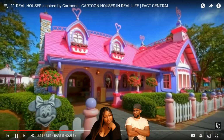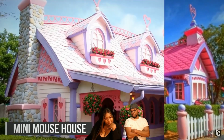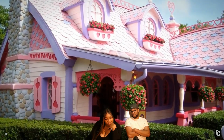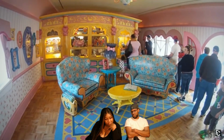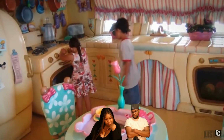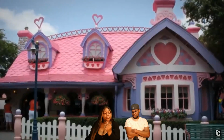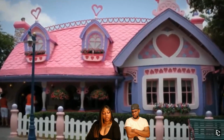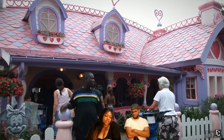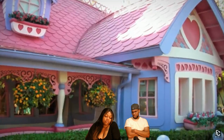Number 8. Minnie Mouse House. If having an entire place packed from wall to wall with squealing little girls is your idea of paradise, this house is for you. Its cute pink and lavender appearance on the outside might be misleading, but it's fully equipped on the inside. While you're there, you can check the answering machine, where you'll likely listen to messages from Goofy and Mickey, and there'll be popcorn popping in the microwave and a cake baking in the oven. If you want to visit Minnie Mouse's house...